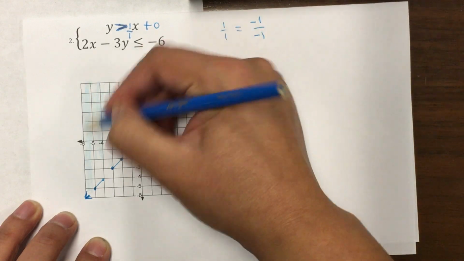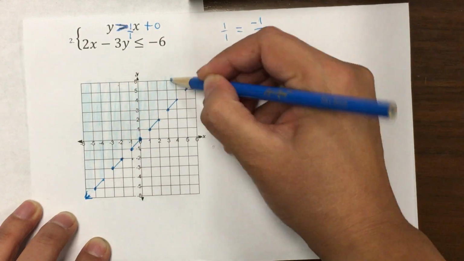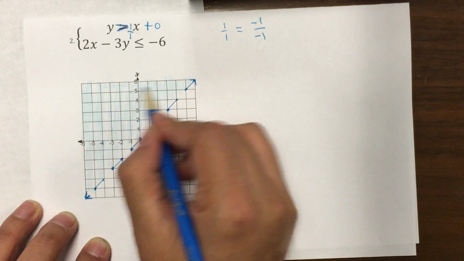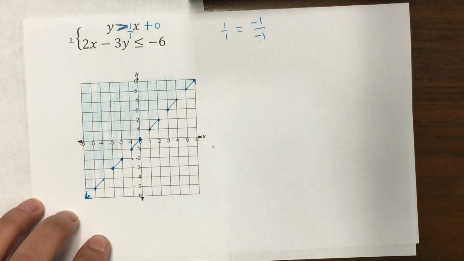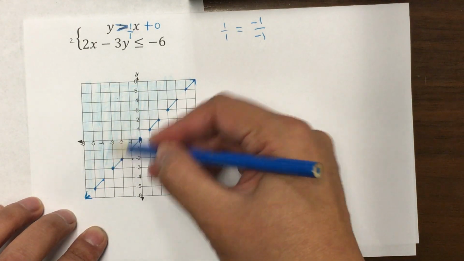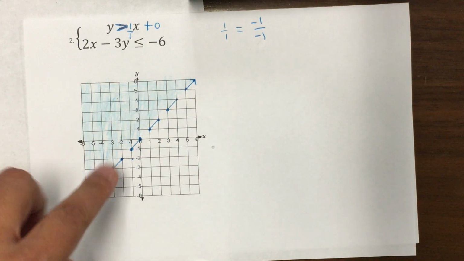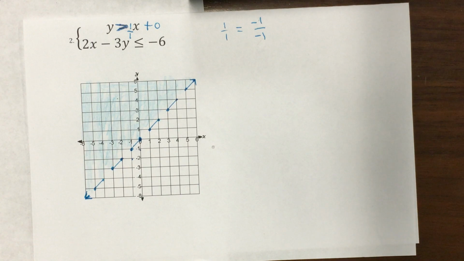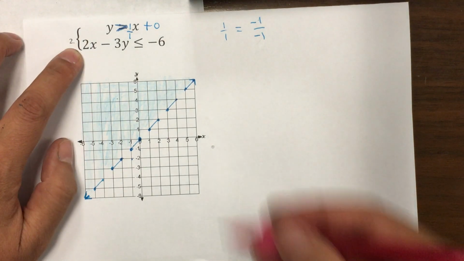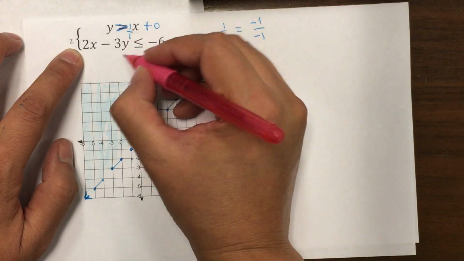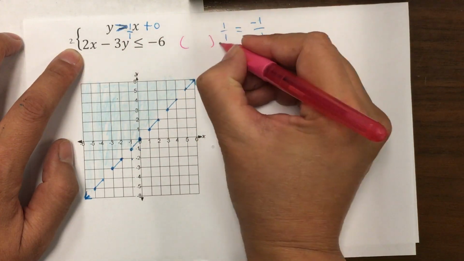So all of these are included as part of the solutions, except where the line is, because it's a broken line. Notice how I put it very lightly, and that's because I want to see where the two shades will intersect. Okay. For the second one, y is not by itself, so that's when I'm going to do